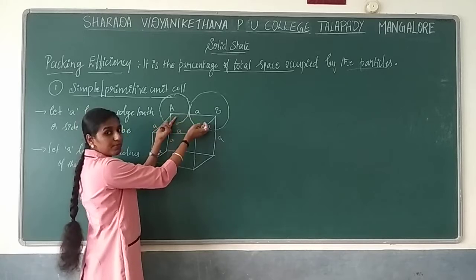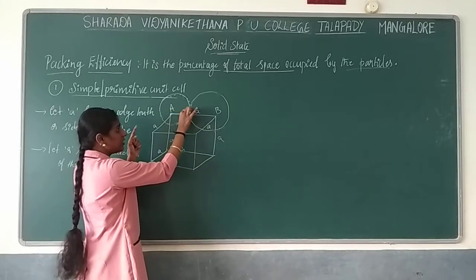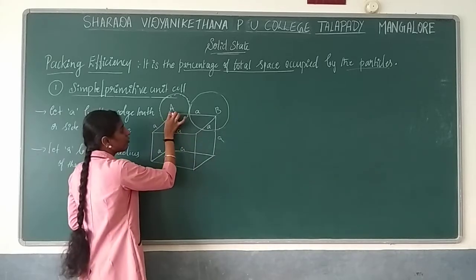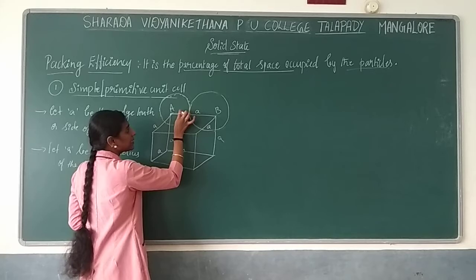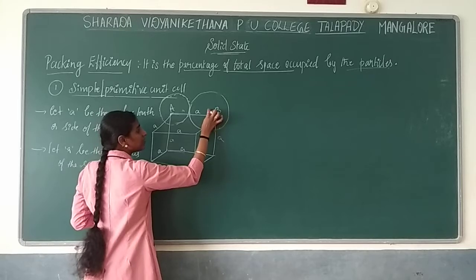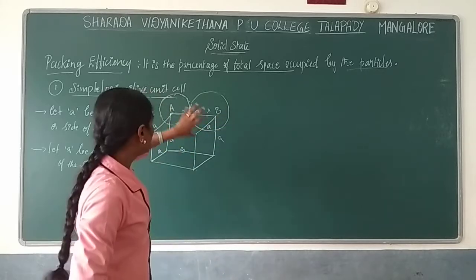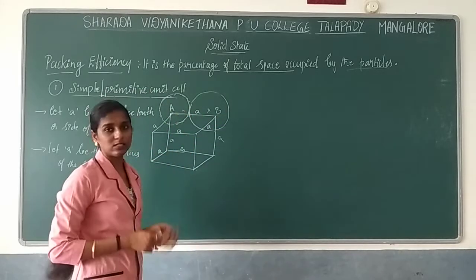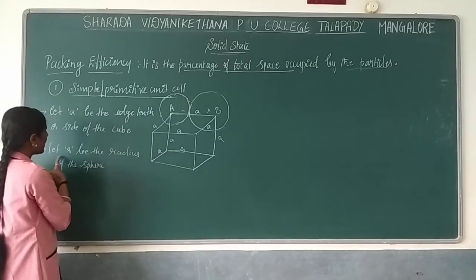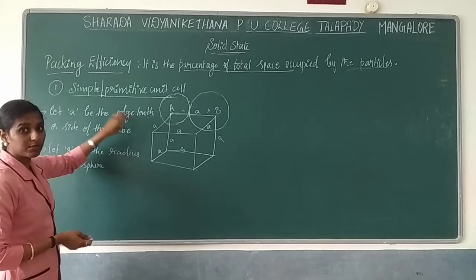Here 2 particles are taken. Whatever the radius will be, radius in the sense from the center to the outer circle, right? So whatever the distance from the center to here, that I just consider as R. And from the end to the center, whatever the distance will be, that I just consider as R. Okay, draw the diagram properly, with 2 circles, so that you will get the radius in a proper way. So let A be the edge length of a side as well as R the radius of the sphere. It is important that we write in terms of sentences, right?